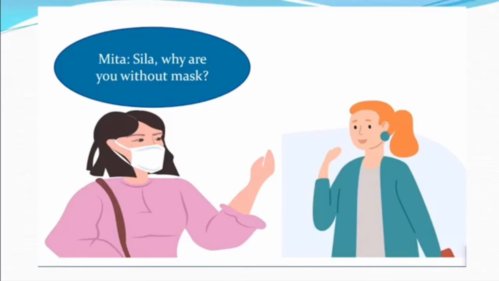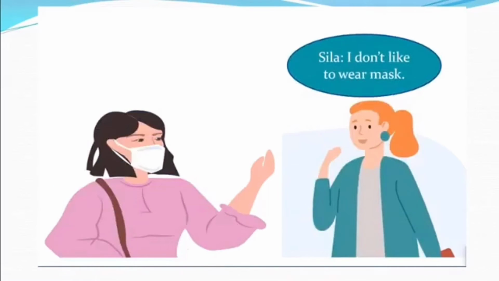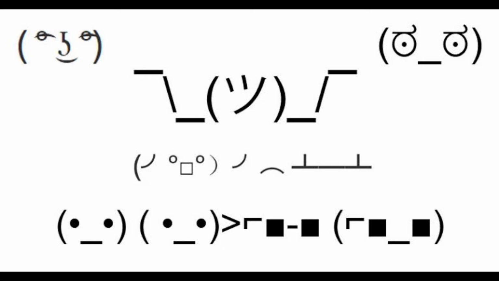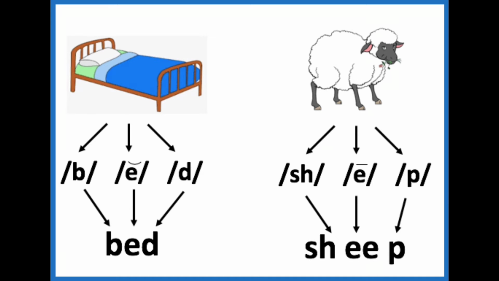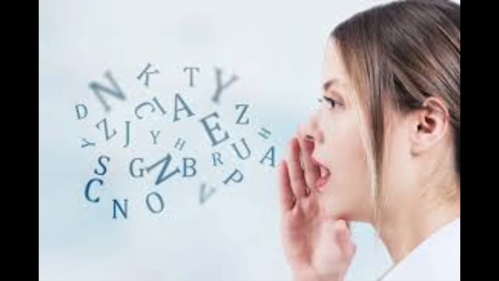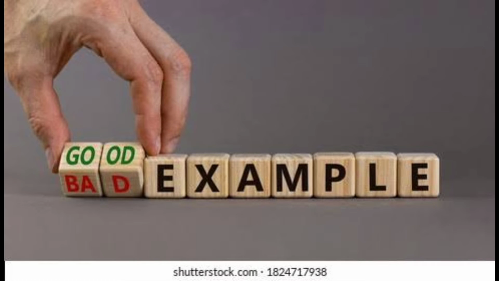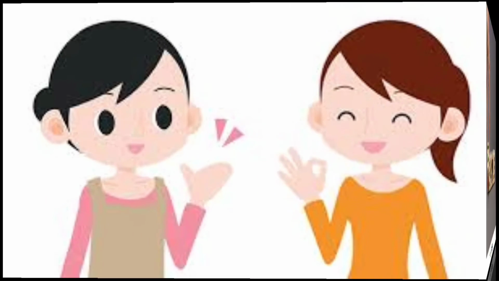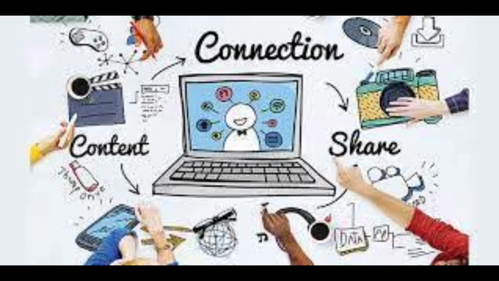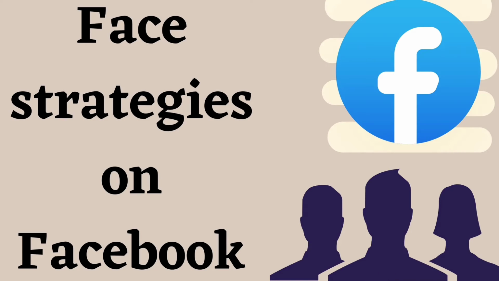Users of text-based communication tools then need to make use of different resources such as graphics, emoticons, orthography, and punctuation to fulfill the functions that non-verbal and paralinguistic communication do in face-to-face interaction. These two examples are examples of face-to-face conversation and mediated conversation. As you can notice, the two have their differences. The second strategy is face strategies on Facebook.